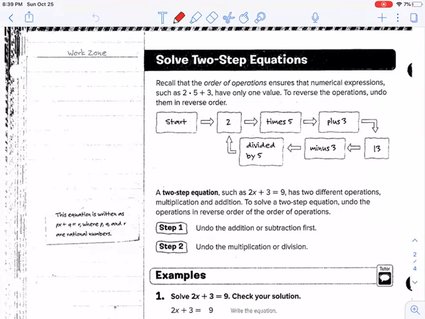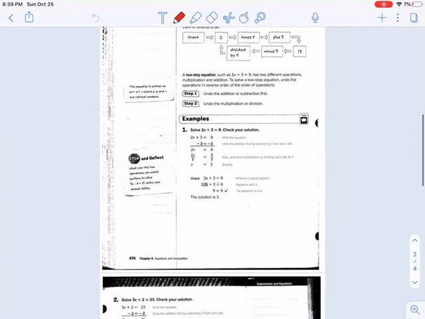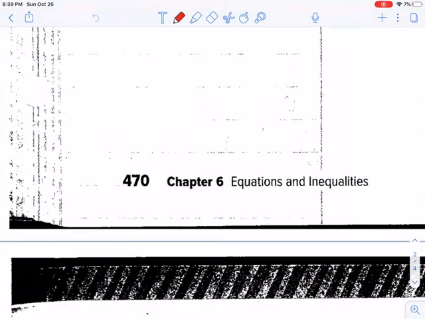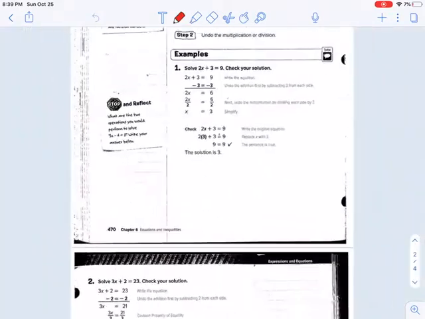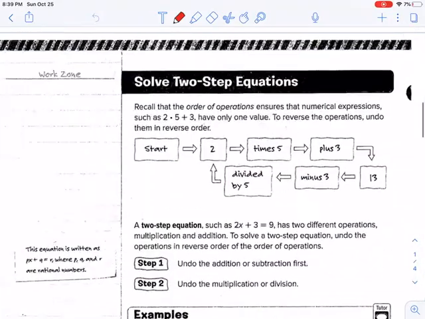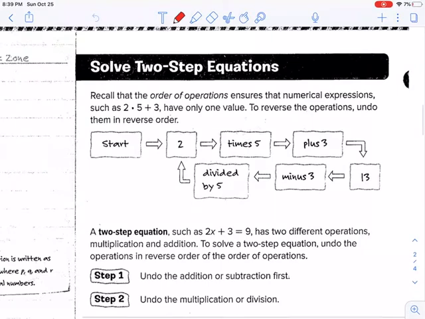All right, we are moving into lesson 4 in our chapter 6. I am on page 470 in your notes, so go ahead and find those. All right, we are moving into two-step equations, so now we're going to have more than one operation to use